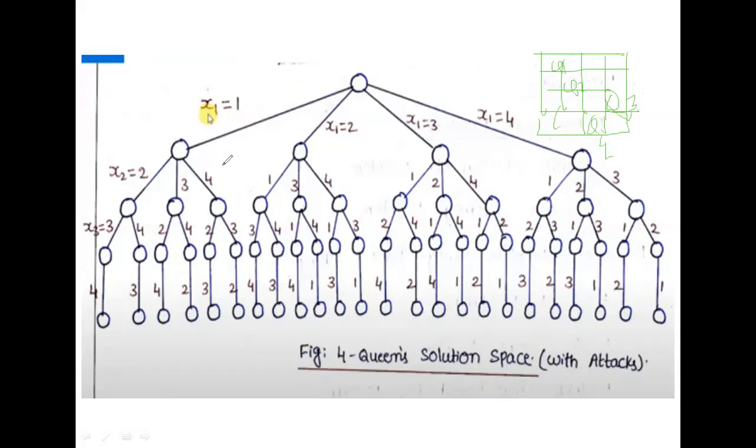In the next case, I am considering queen 1 in the first column only. Just I change the order. I change queen 2 in third column, queen 3 in second column and queen 4 in fourth column. Again here I change. Another possibility is queen 3 in fourth column, queen 4 in second column. So in this way we construct this tree without considering the constraint. Clear, students? Without considering a constraint, I have taken this number of possibilities.